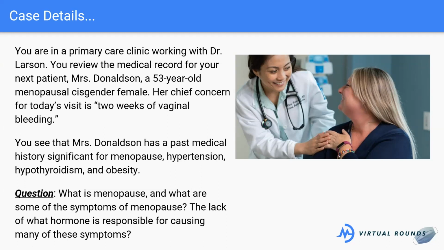So already in the chat, we have some symptoms of menopause, which are like hot flashes, you can get chills. Yes, temperature disturbances are definitely symptoms of menopause. So does anybody know what menopause is specifically, or what classifies menopause?